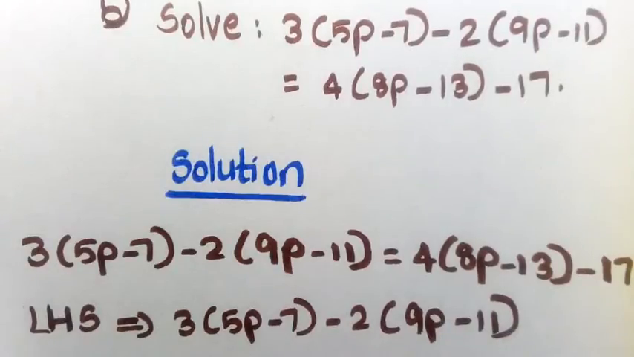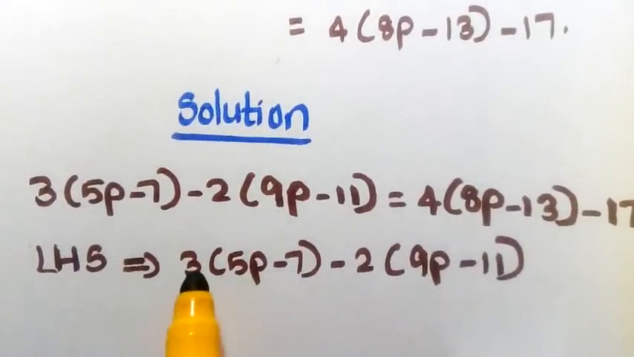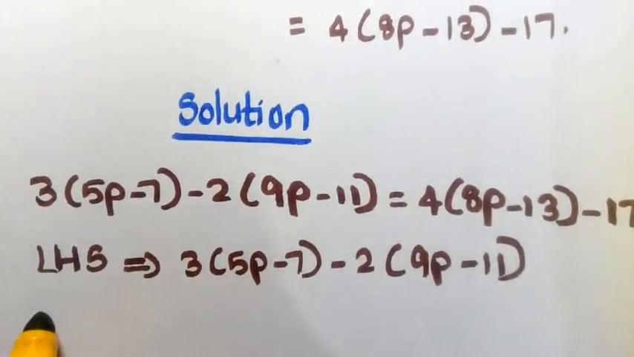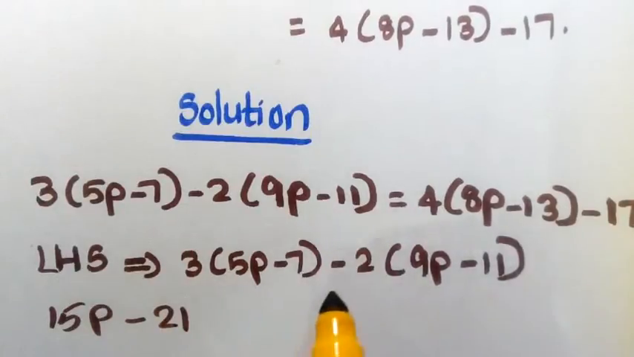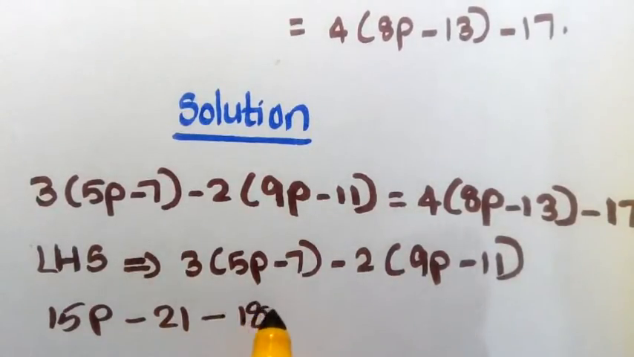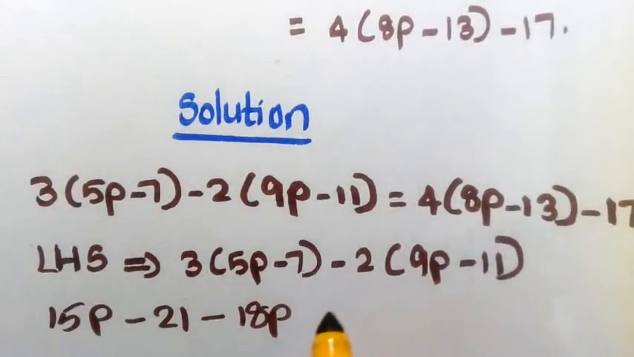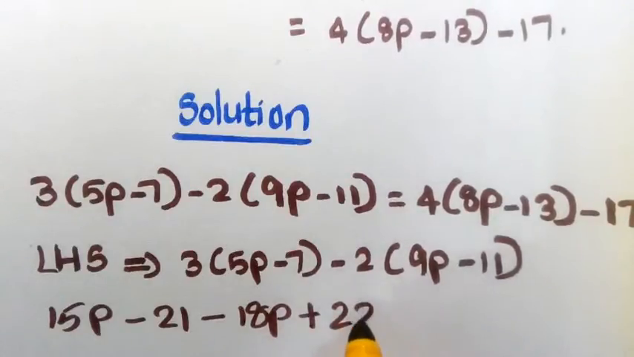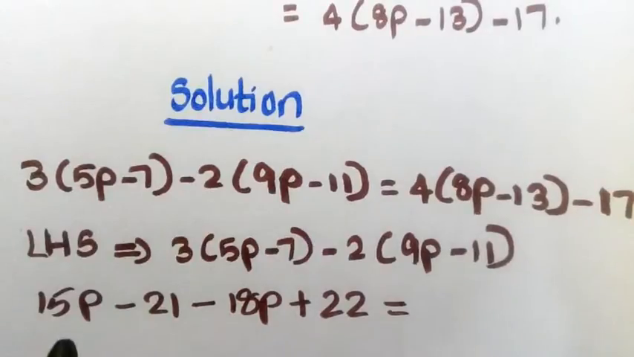First we need to open the brackets by the distributive property. So the first step is 3 into 5p, 15p, minus 3 into 7, 21, minus 2 into 9p, minus 18p, minus 2 into minus 11, positive 22, is equal to, now we need to solve it,